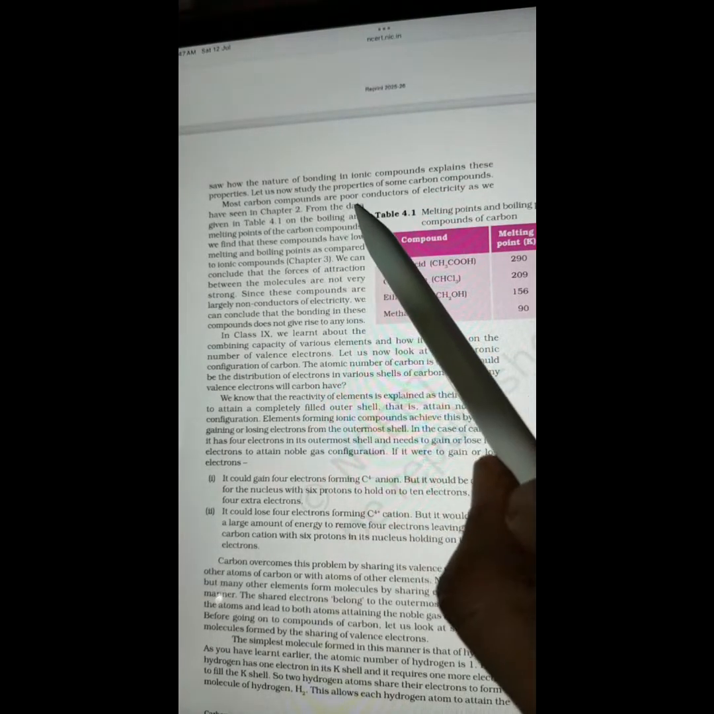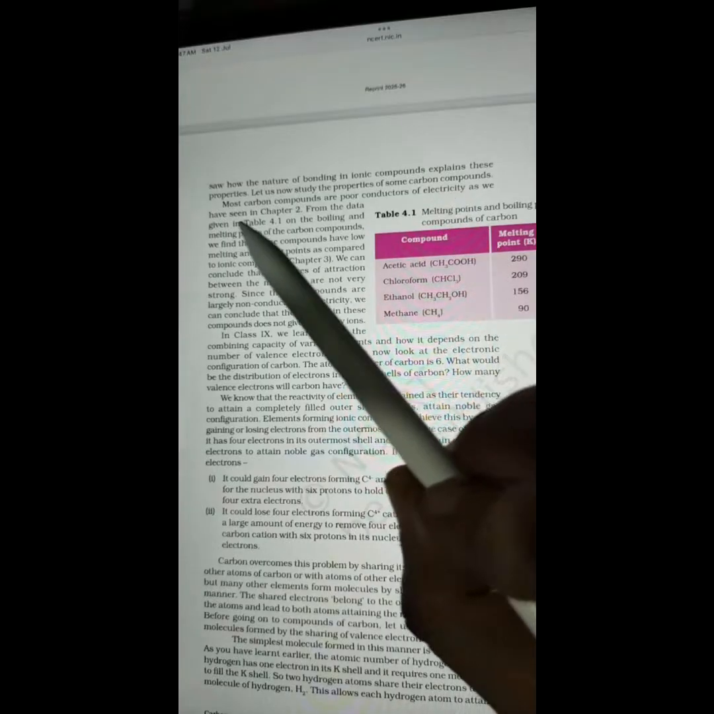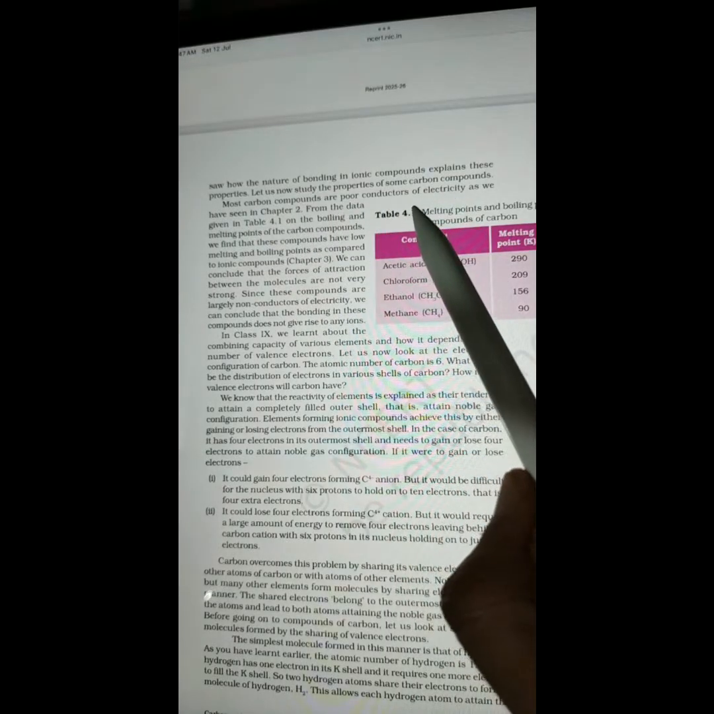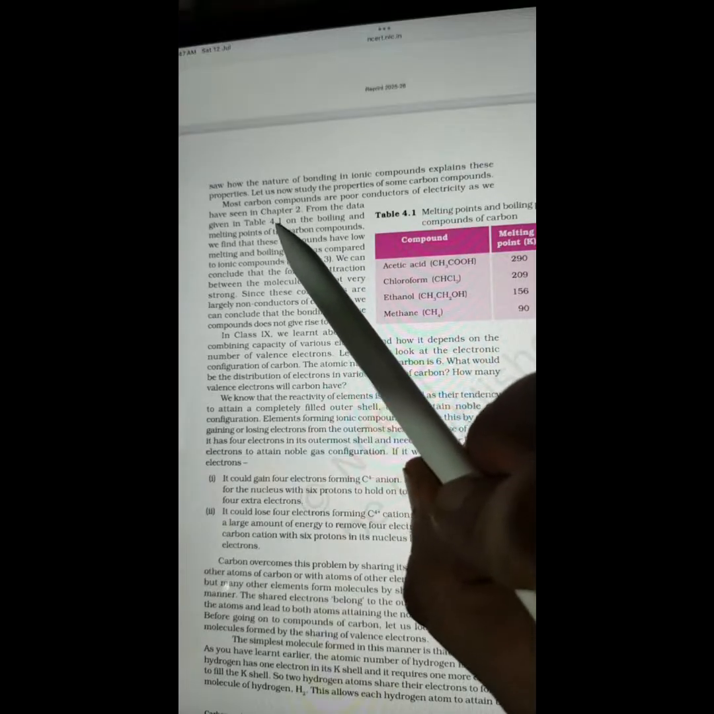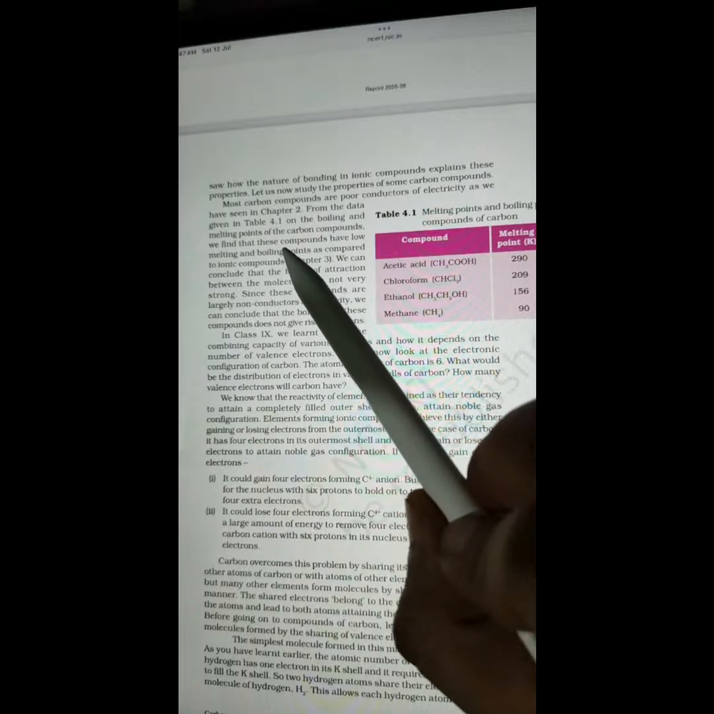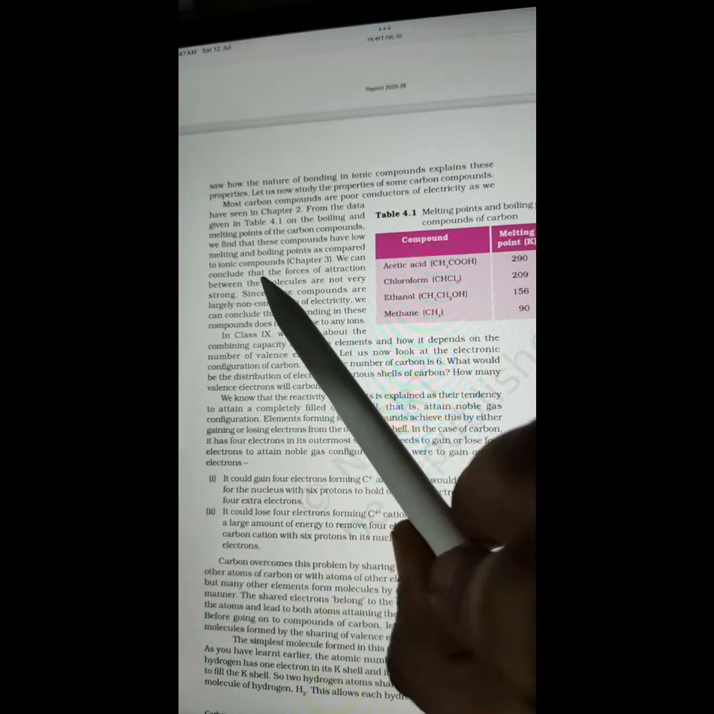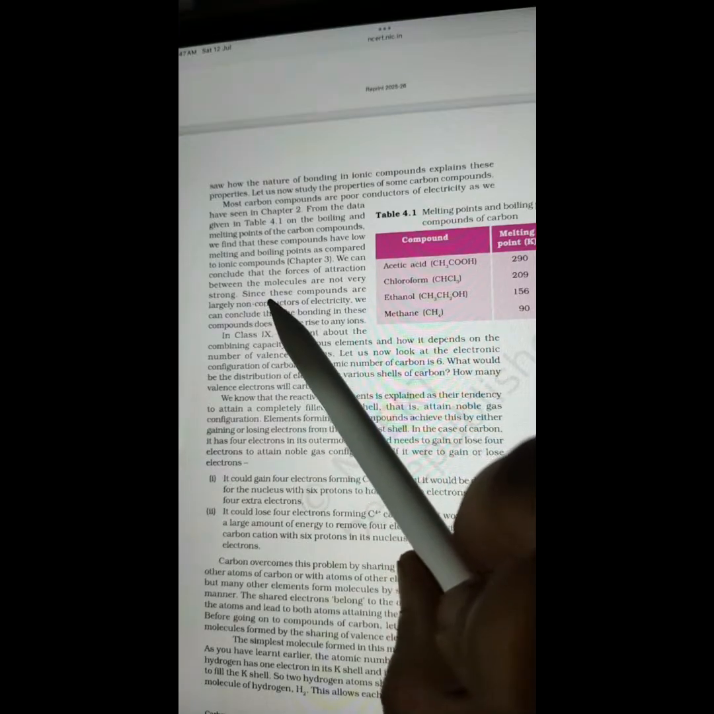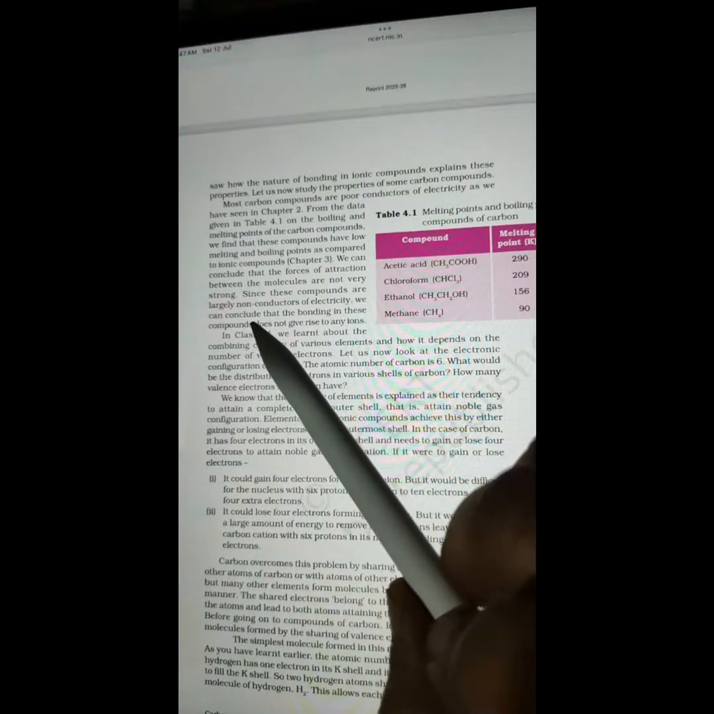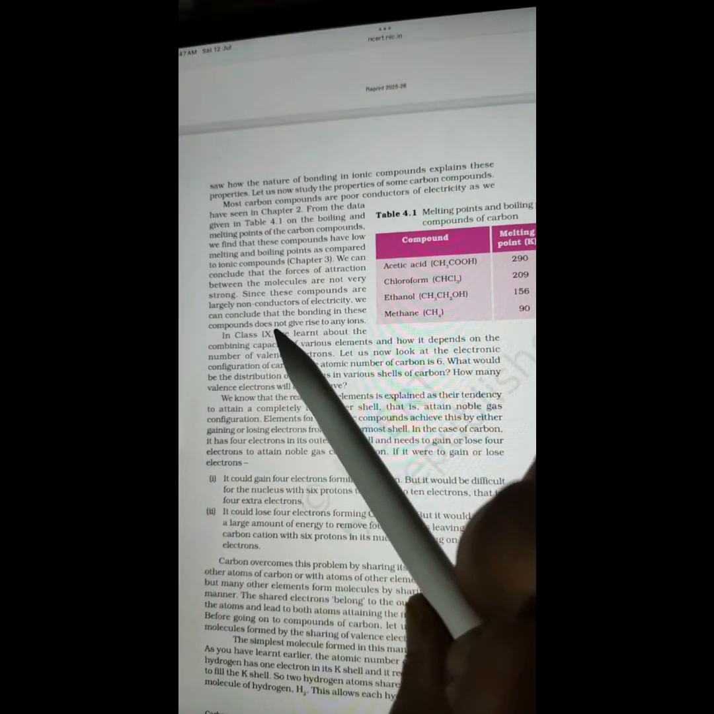Let us now study the properties of some carbon compounds. Most carbon compounds are poor conductors of electricity, as we have seen in chapter 2. From the data given in table 4.1 on the boiling and melting points of the carbon compounds, we find that these compounds have low melting and boiling points as compared to ionic compounds, chapter 3. We can conclude that the forces of attraction between the molecules are not very strong. Since these compounds are largely non-conductors of electricity, we can conclude that the bonding in these compounds does not give